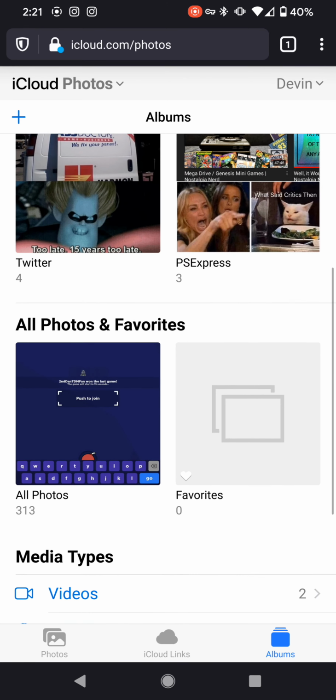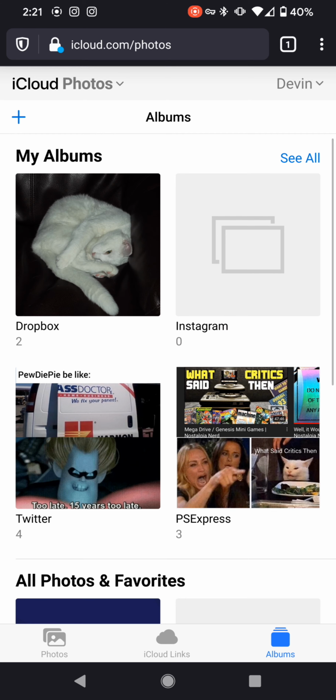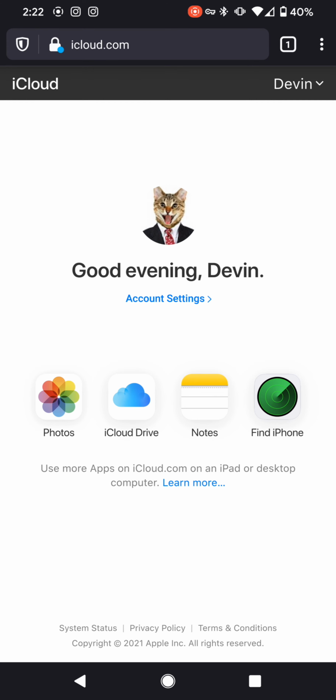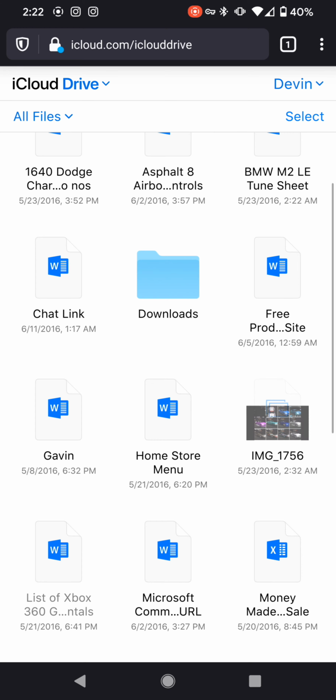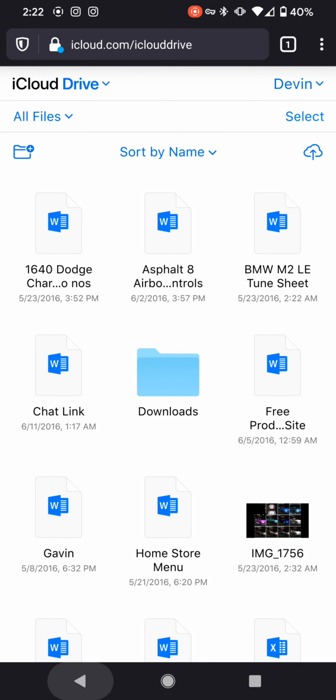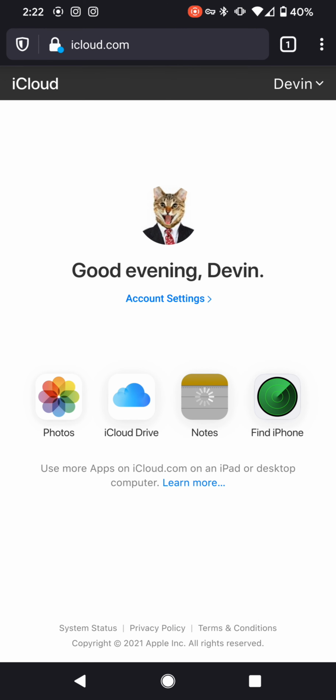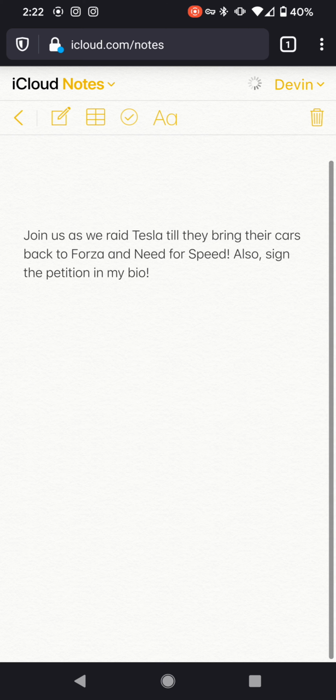So you can take a look at your iCloud photos or the contents of your iCloud drive from your Android device as well. And then you can review your notes that are saved on your notepad. So even if you